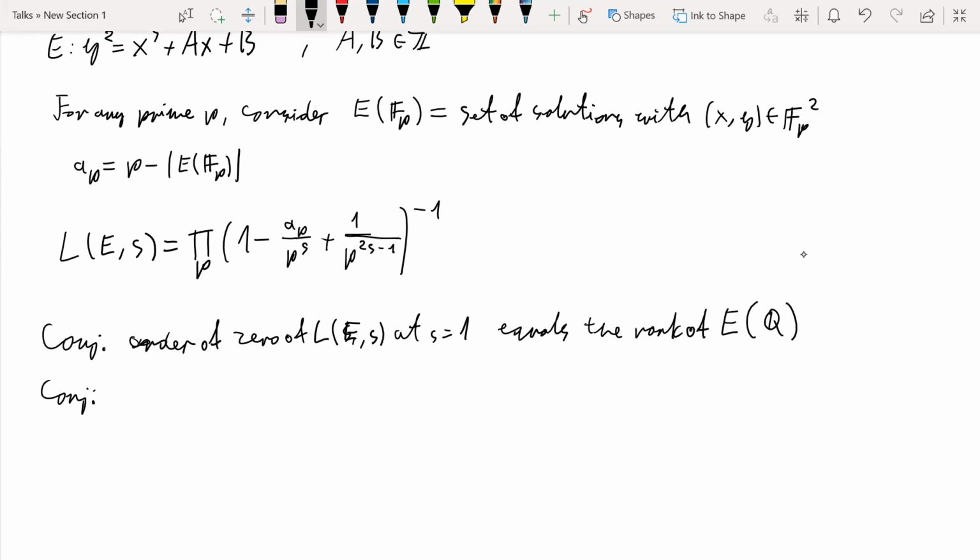conjecture is, so the second part of, and this is the BSD conjecture, Birch-Swinnerton-Dyer conjecture. And if you solve it, then you are winning $1 million. So if you have nothing else to do, then give it a stab. And the second part of this conjecture, which was also posed by Birch-Swinnerton-Dyer, though it doesn't have a price tag of its own, is that if r is equal to the order of this 0,